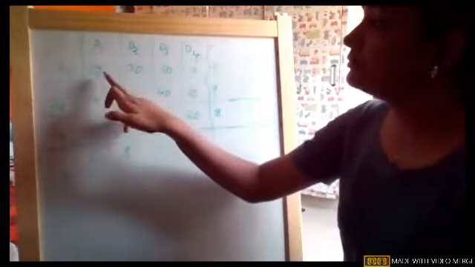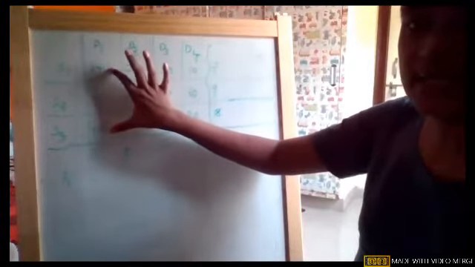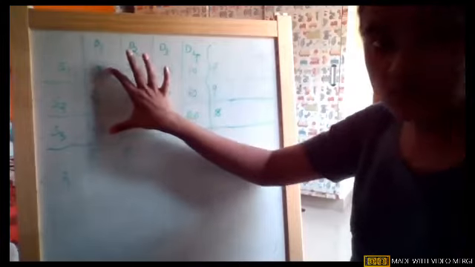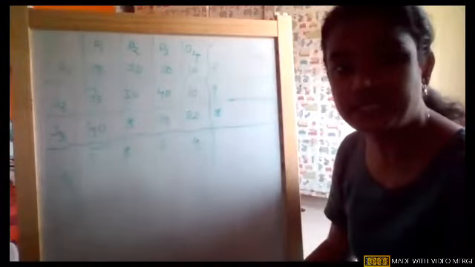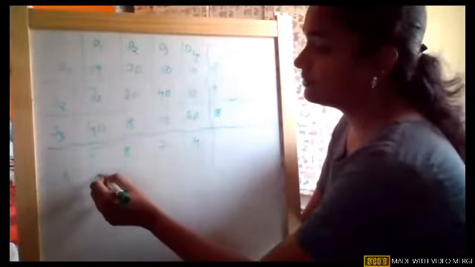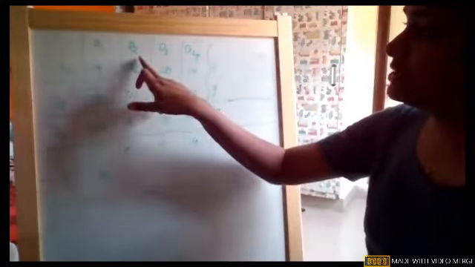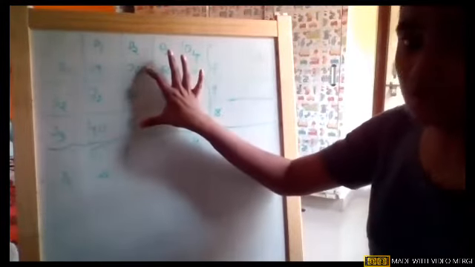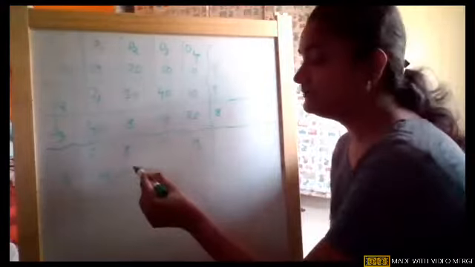So using this, I'm going to pick the lowest two values in our column, which are 19 and 40. Girls, if you have any doubt, you can immediately stop me. What is the difference between 19 and 40? It is 21. So that will be the penalty for column 1. Now come to the next column, which is D2. I'll pick the lowest and the second lowest value, which are 8 and 30. Out of 8 and 30, the difference is 20.